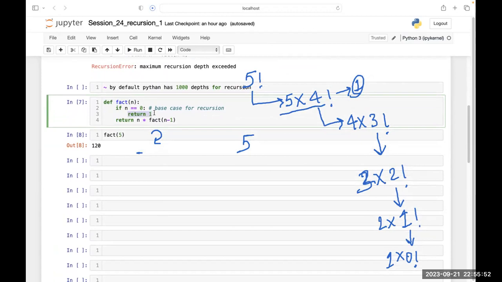That is what this factorial is about: 5 into 4 into 3 into 2 into 1 into 0. Now this 0 factorial is 1. So this 0 factorial is returning 1. Is it fine? Yeah.